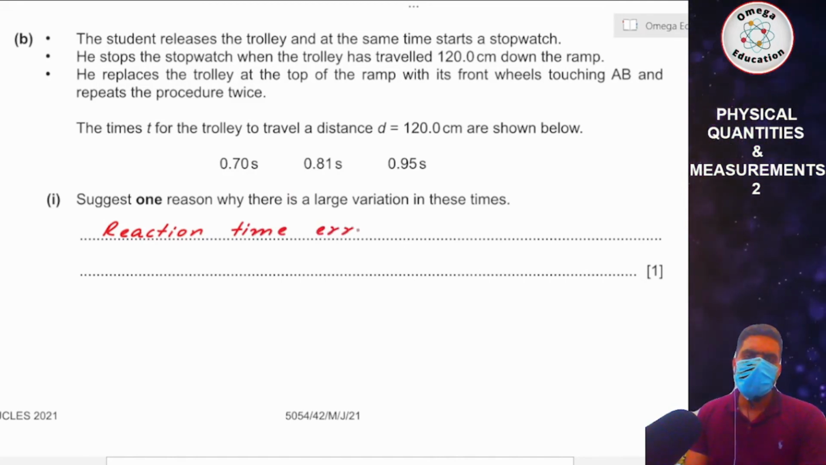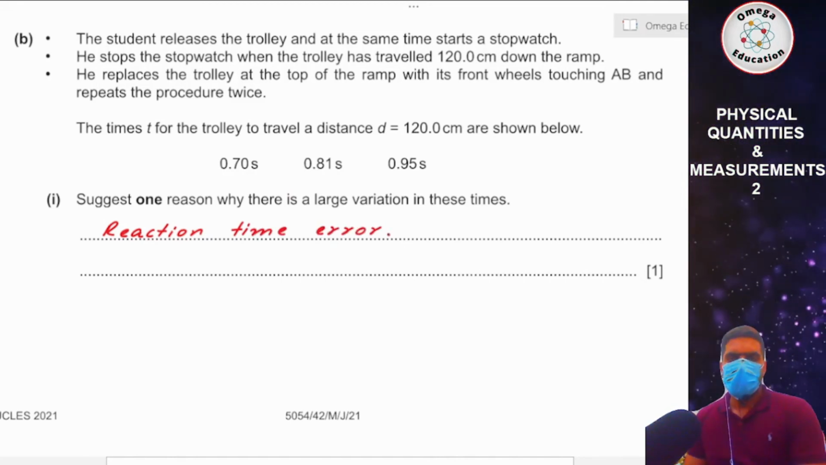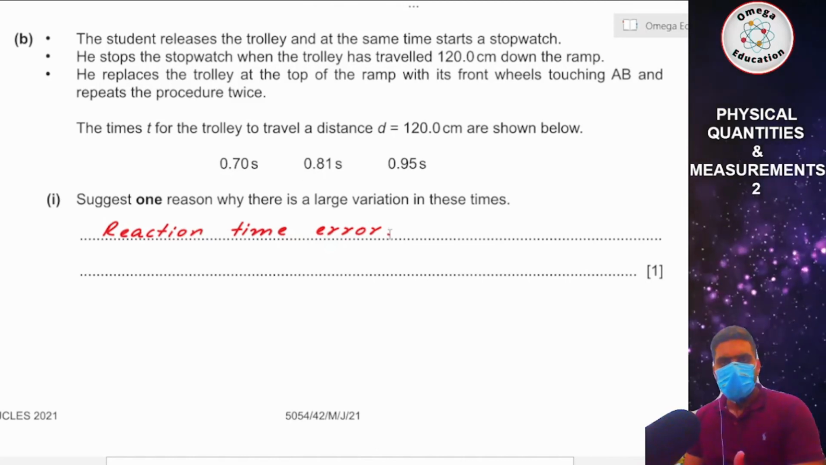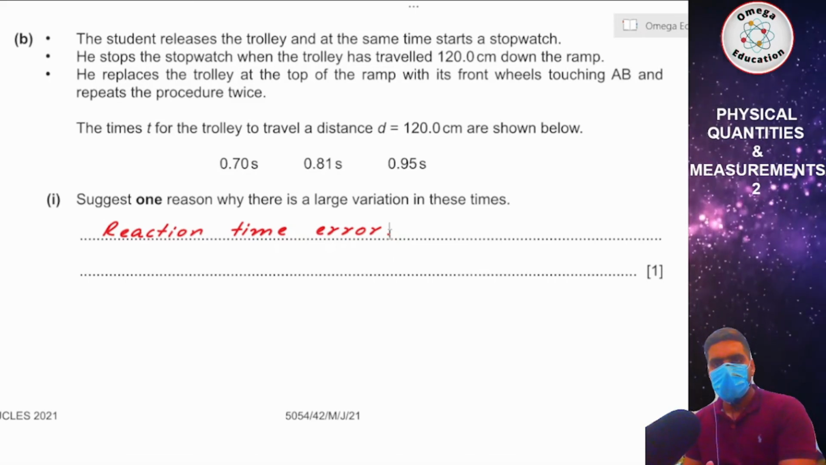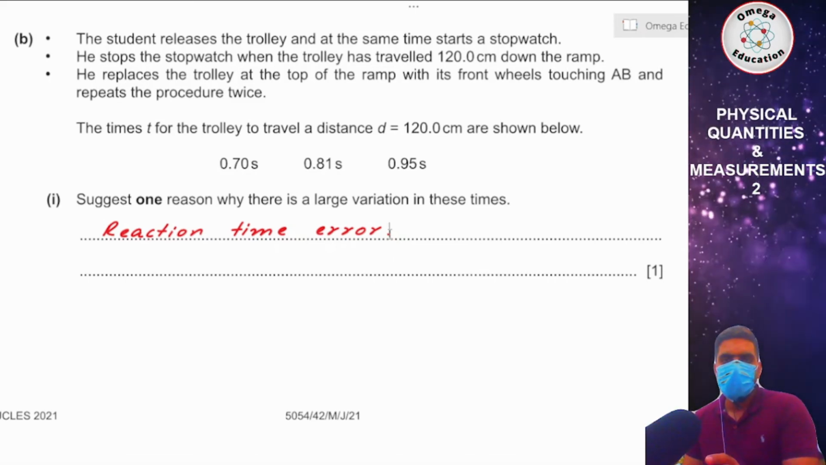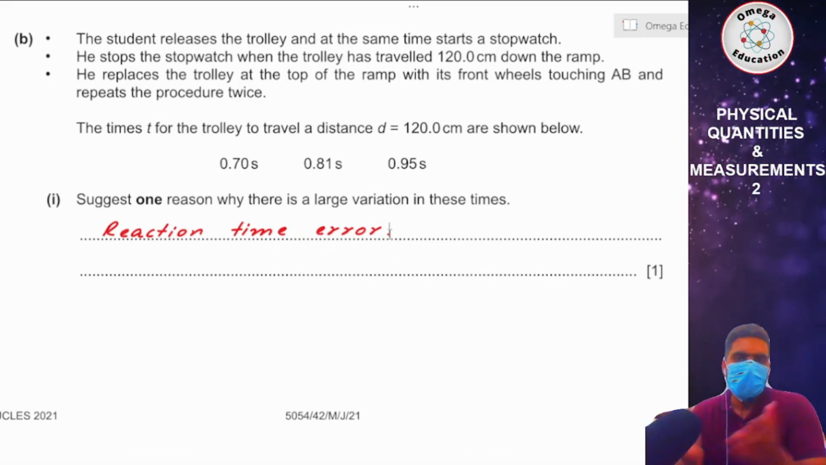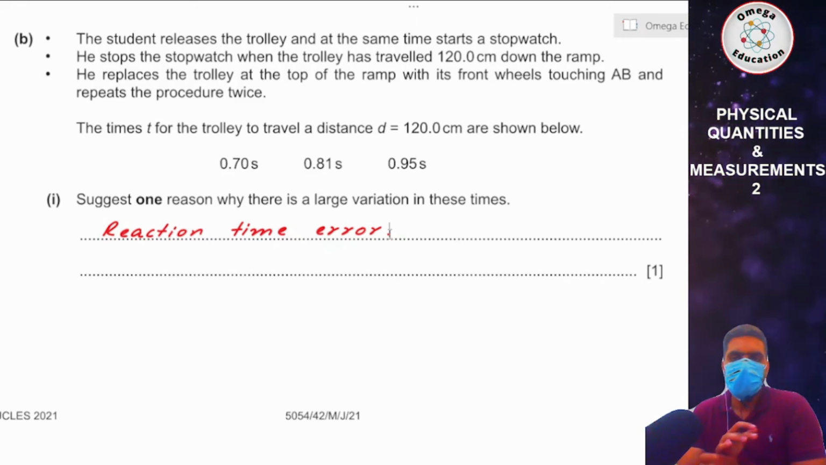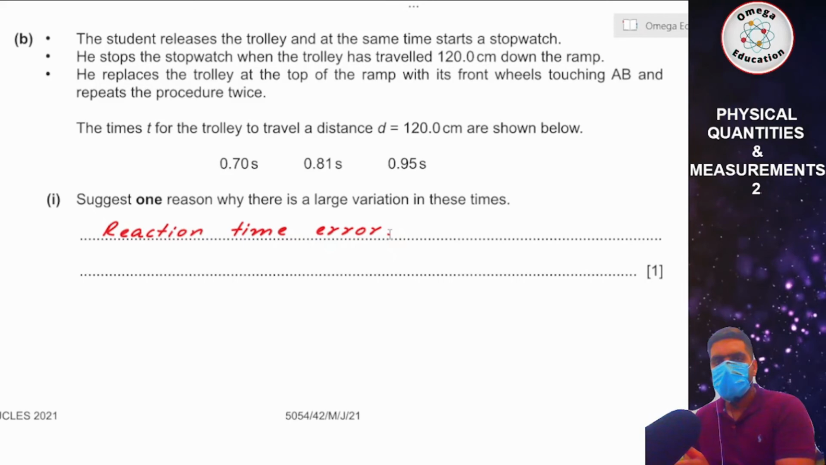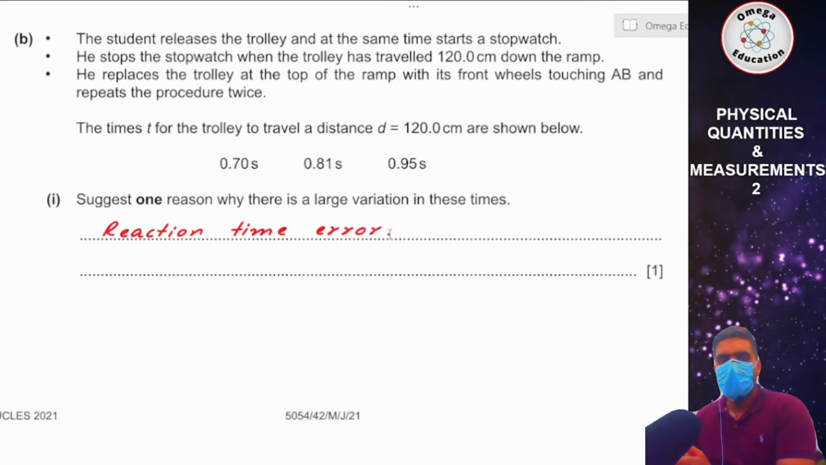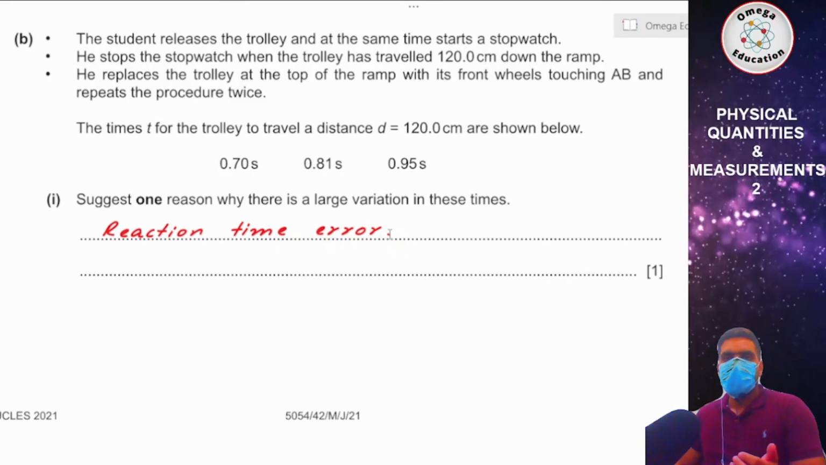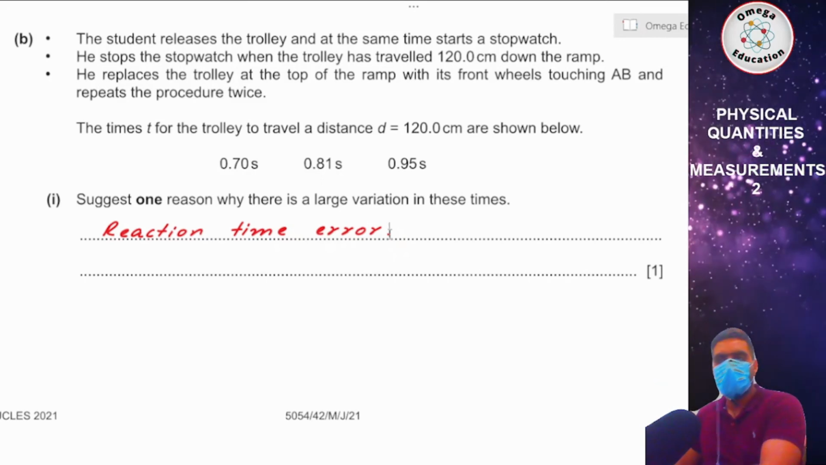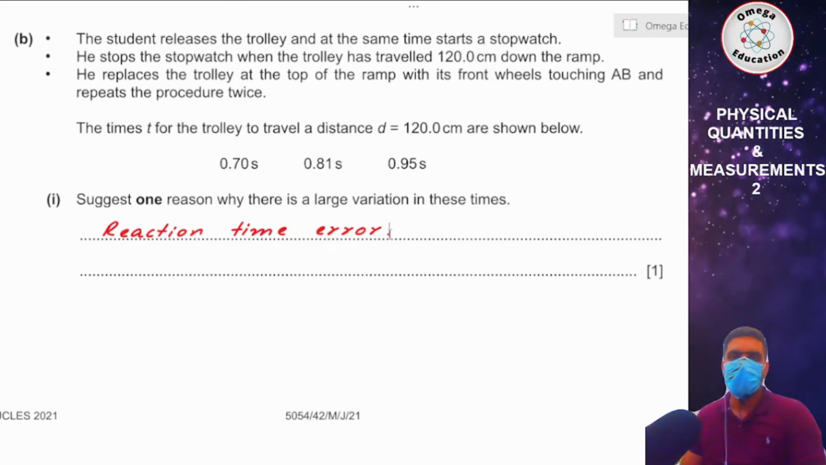And the other answers are also there. I mean, he has to ensure that every time he starts from the mark AB, the tire is in the same place. Let's say the variation can be due to the fact that in the second time the tires are slightly above the line, in the third one the tires might be even more ahead of the line,